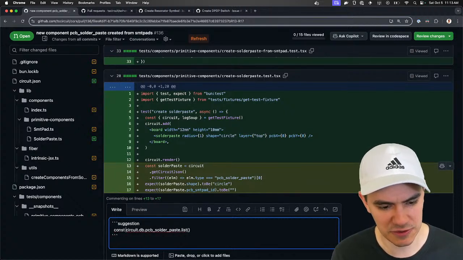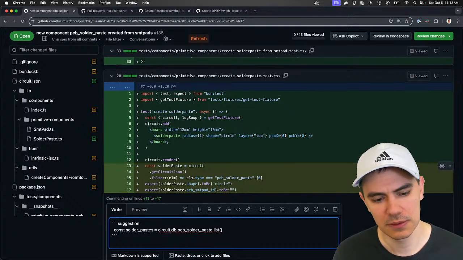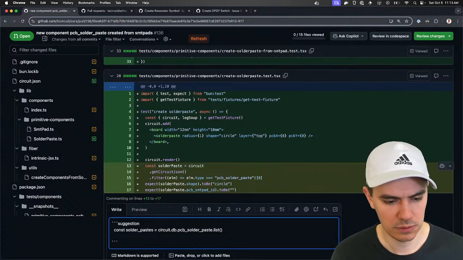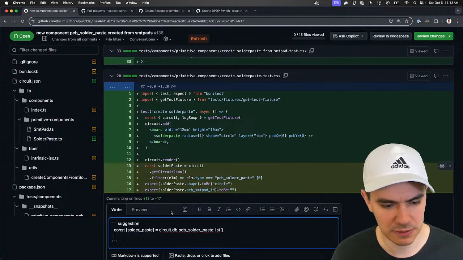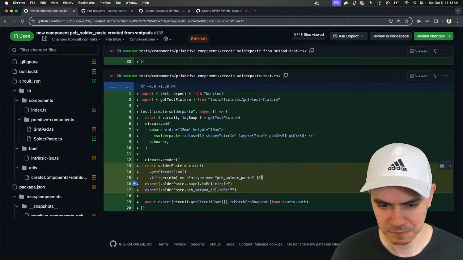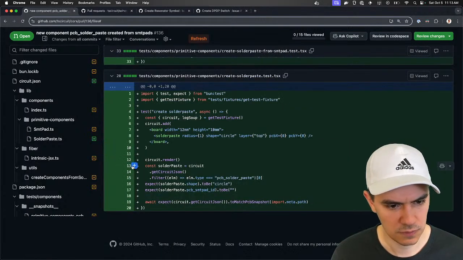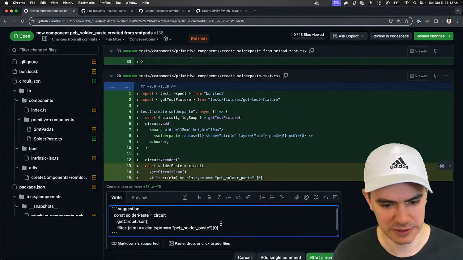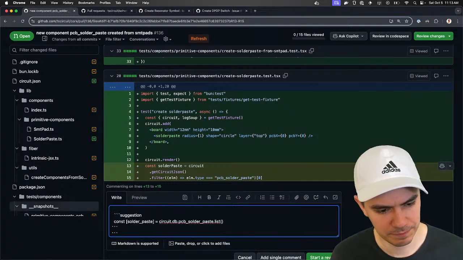So it's really nice for types. Pastes. Or we could just say solder paste, extract the first element. Actually, yeah, let's do this. Hold on. Just better for typing, and it's equivalent. Whoops. Okay.